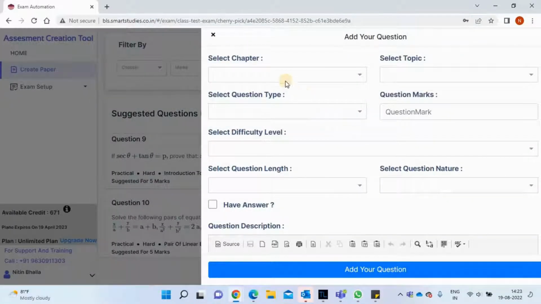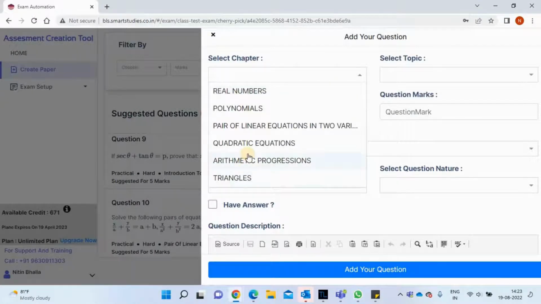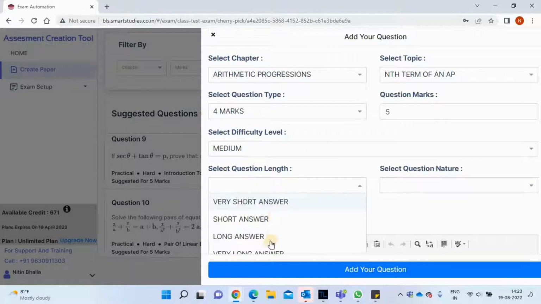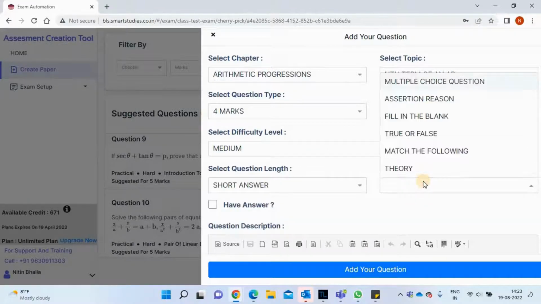Now in this section, a couple of drop downs will come up. First of all, you will select the respective chapter, the respective topic for which you want to give a question, the question type, and you will decide your question marks. It's not necessary that they should be equal to the question type; you can keep the marks as per your convenience. Then the difficulty level of the question, and the length of the question,